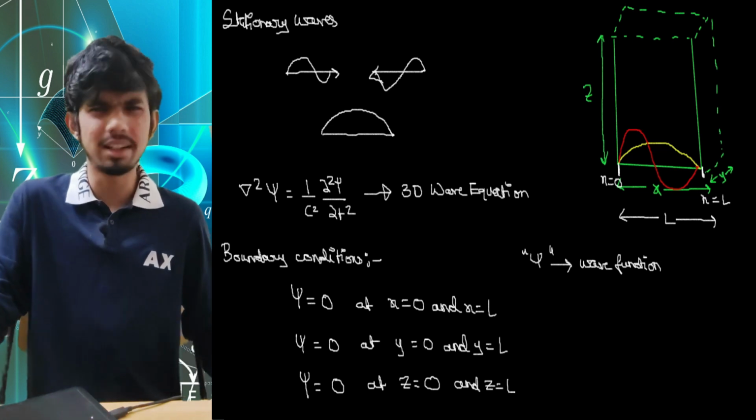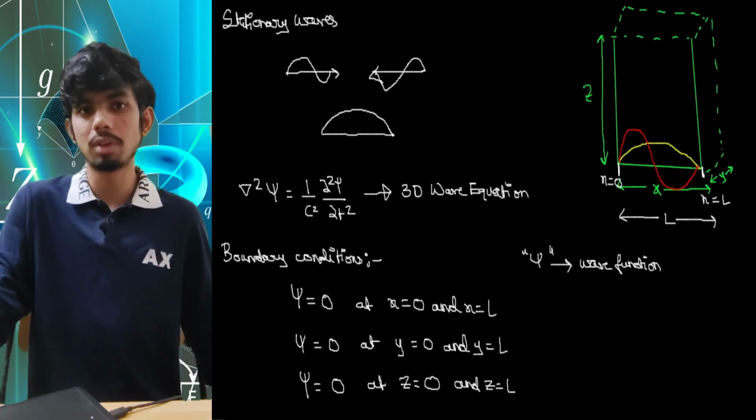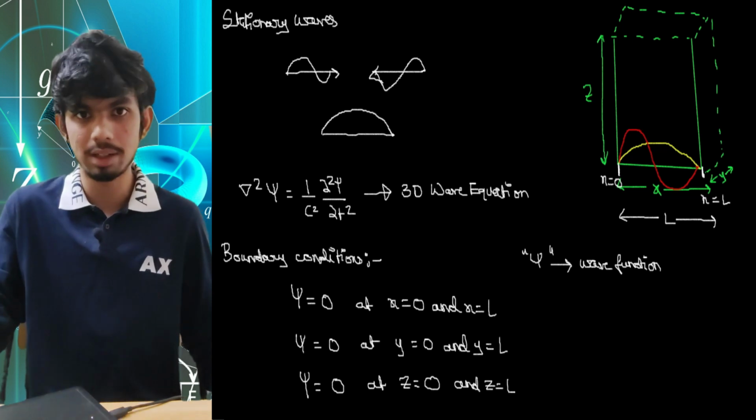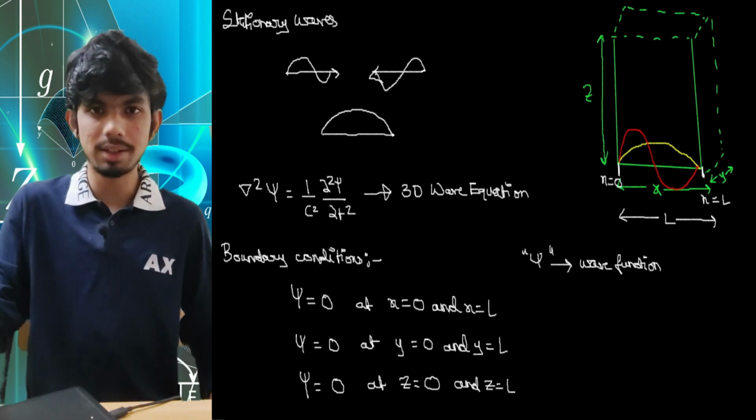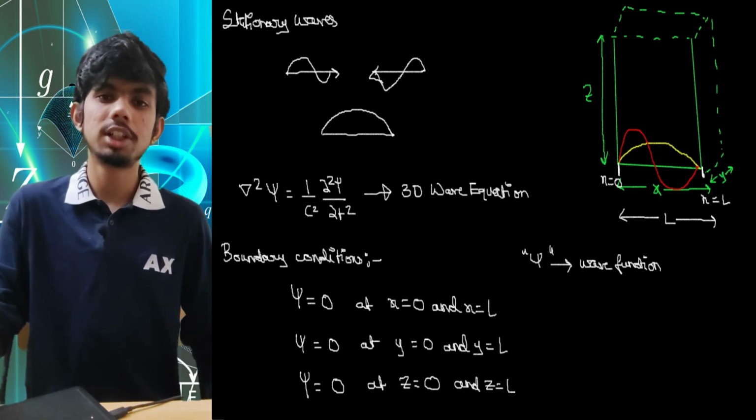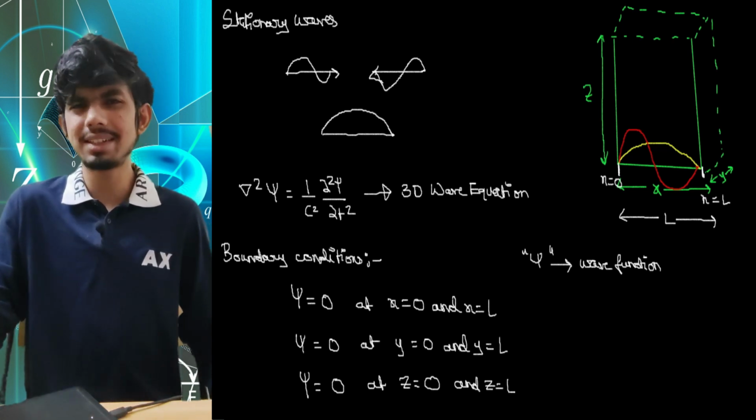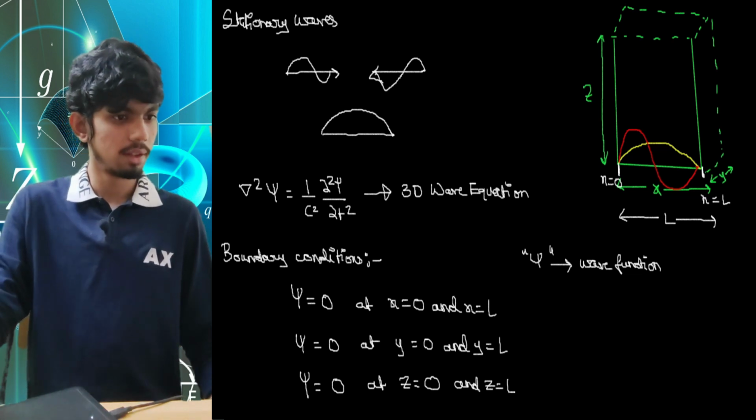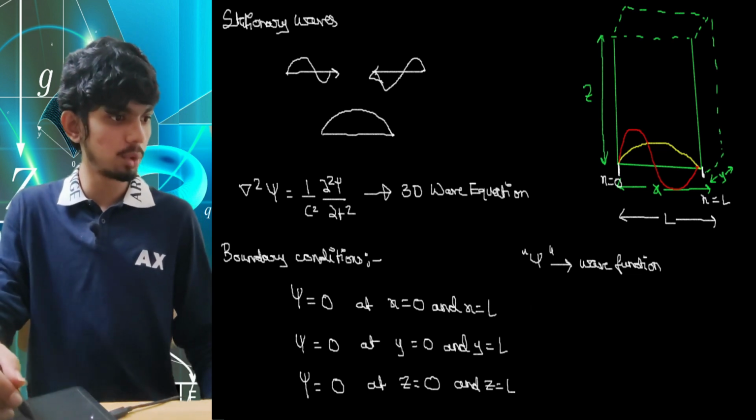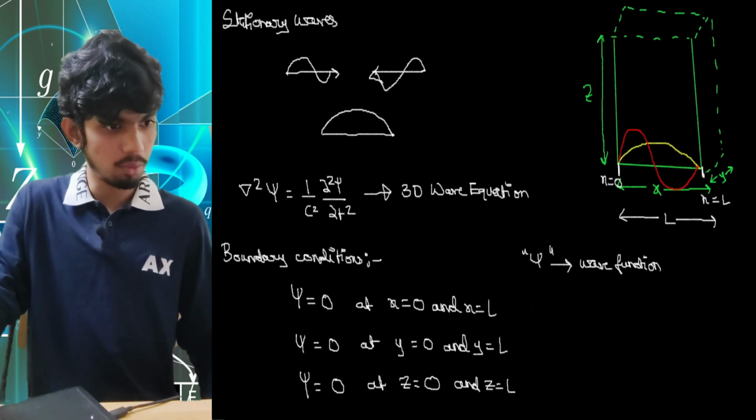So psi is some general parameter for which I am solving. It can be any physical quantity depending on the case. Since we are considering electromagnetic radiations here, psi would essentially be electric and magnetic fields, but for simplicity, I am just considering psi. Now if you solve this 3D wave equation by putting the boundary conditions, then what you will